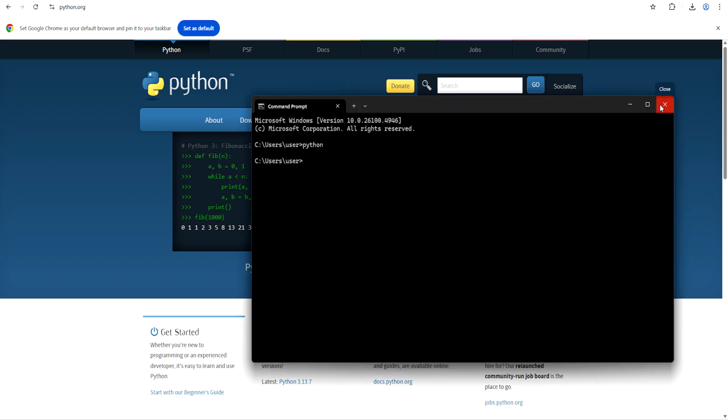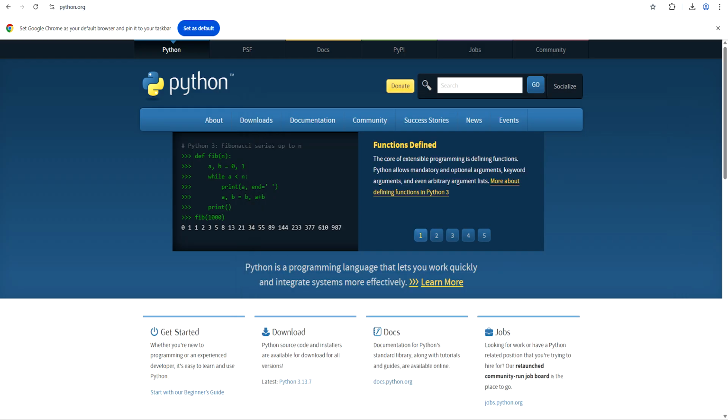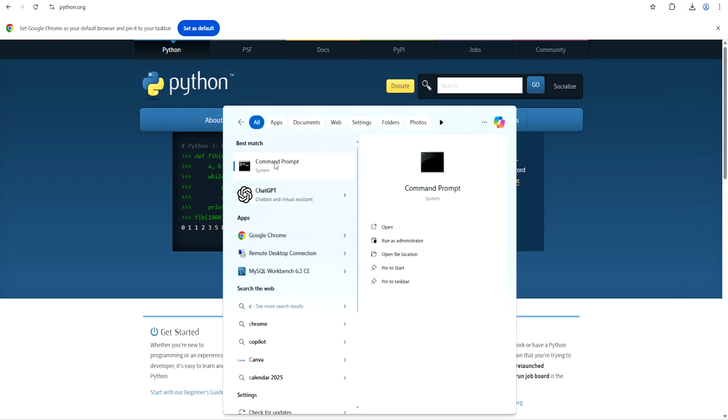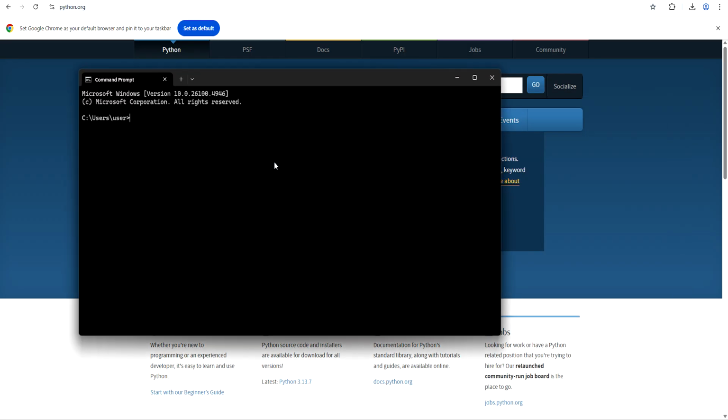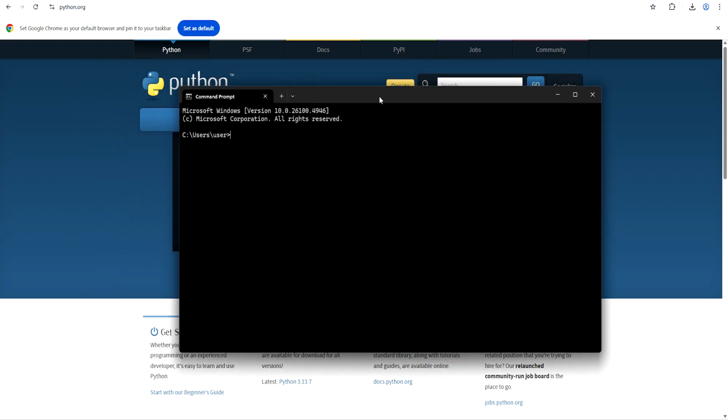Now close the command prompt and open the command prompt again. Now type python --version.